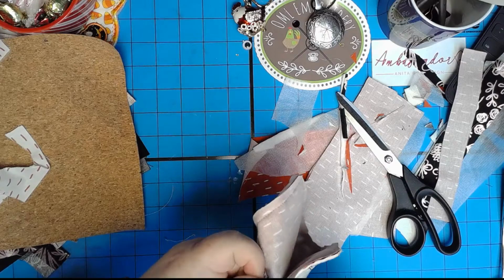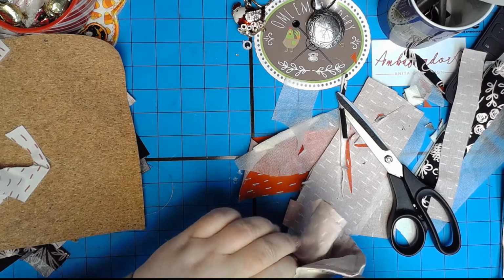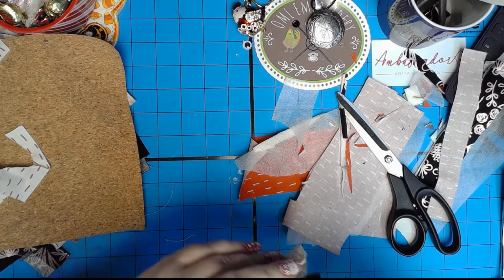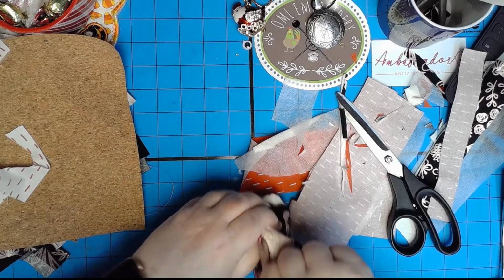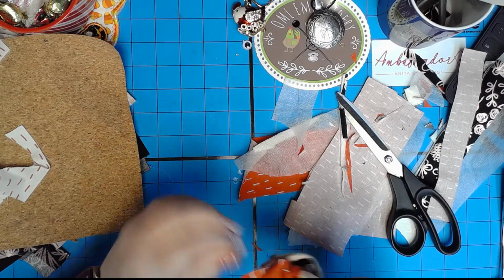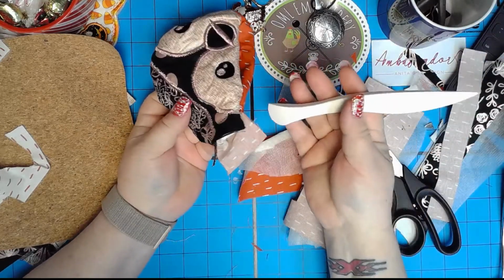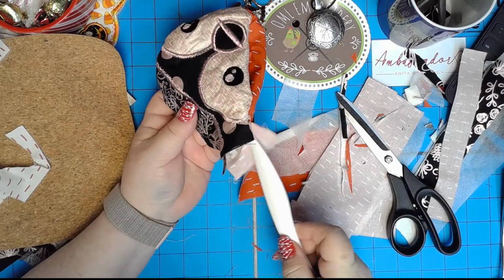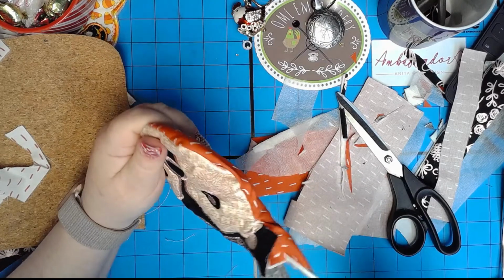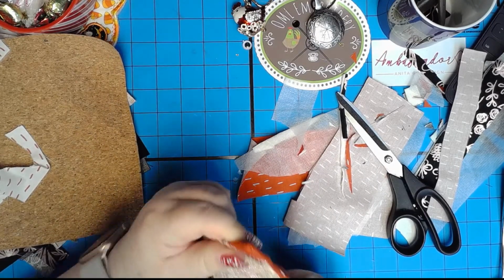But there's always the right tool for the job. I can use my nails, but I've also got a folder thing, or an unfolder thing. It'll go. I might have had less than 2 inches. So that's the only thing you have to make sure of, that you don't try to turn it on the corner. There, that wasn't that bad. Then I'm going to take whatever this thing is called. It's got a nice point, but not a sharp point, and push out your corners